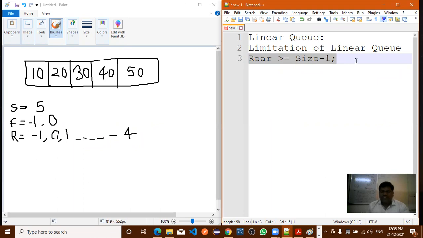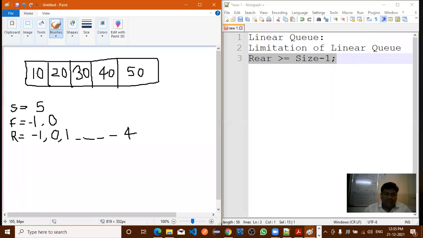Now the next condition. Suppose you want to delete an element. Everyone give attention and consider the next situation. After deletion, suppose I want to delete the element 10. Suppose 10 I have deleted.